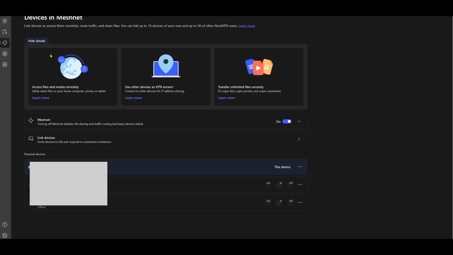Remember, having a clear understanding of your connected devices is crucial for maintaining a secure network. With that in mind, let's delve deeper. Once you're in the Device tab, the next step is to locate the Meshnet option prominently displayed within this menu. Clicking on Meshnet will open up a new interface. This area is specifically designed to guide you through the process of linking devices, and it's where you can control